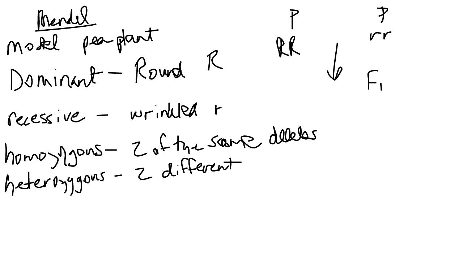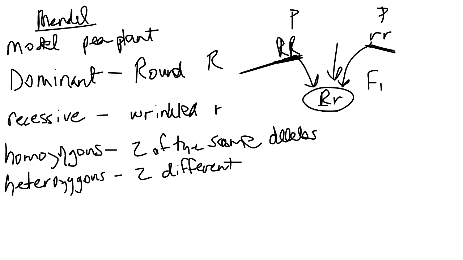so in other words, the first offspring from that, would look like this. So they would inherit one allele from this parent and one allele from this parent, but they are definitely going to inherit the dominant allele from this one, and they're definitely going to inherit the recessive allele from this one, so there's really only one genotype for these offspring, big R, little r. And what do they look like? Well, they have round seeds because they have one dominant form of the trait which masks or covers up the other one.